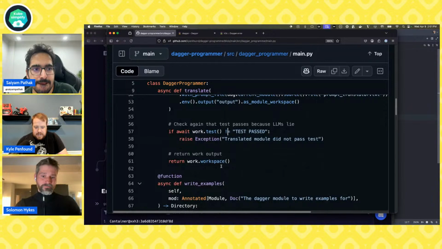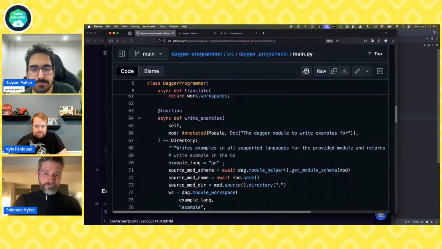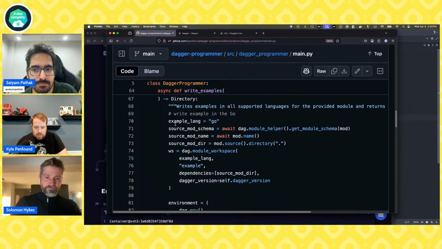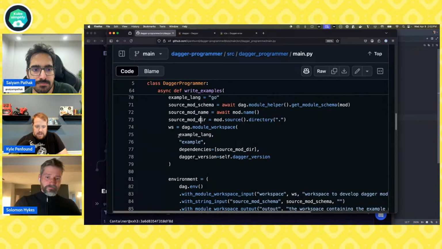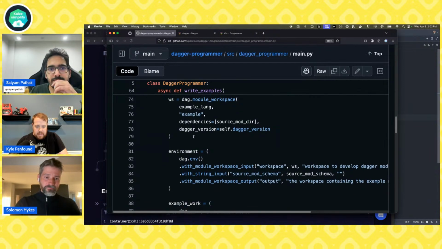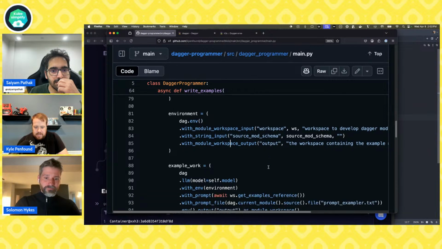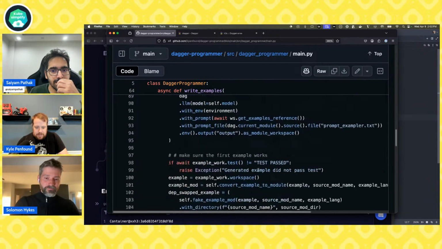So it's all just Dagger functions. And the write examples one is kind of a similar flow where we get some information about the module we passed in, like its SDK and its schema. And then we put that in an environment. Say your input is that Dagger workspace, and here's the schema, and you're going to give us back the generated example.